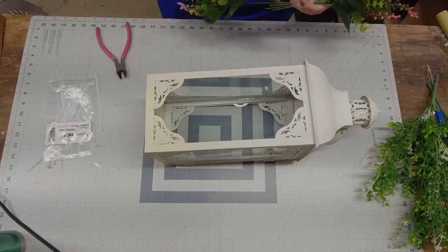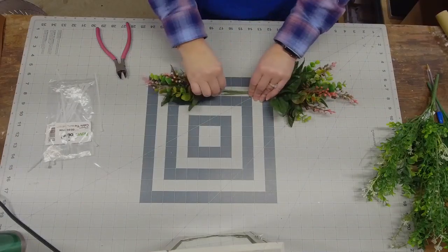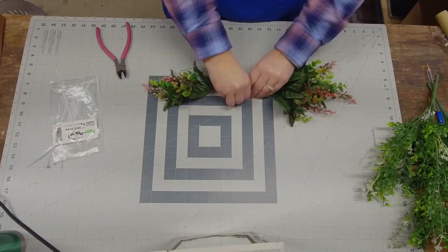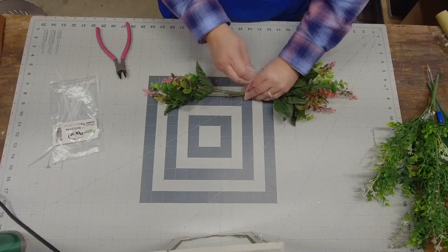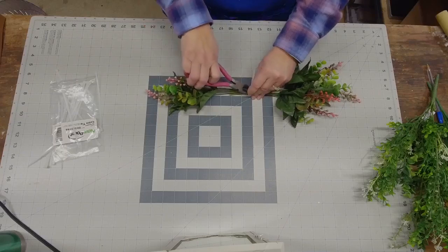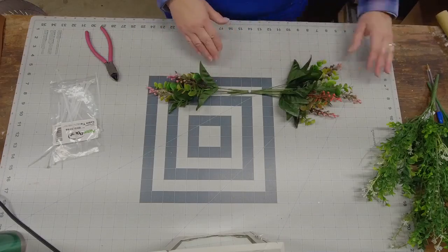So once I've determined length, we're going to use this as a template, and we're going to build from this. So the first thing I want to do is I don't want it to move. So I'm just going to attach a single zip tie right to the center so that it doesn't move. Just like so. This is how we're building our base. So everything is wired, everything is